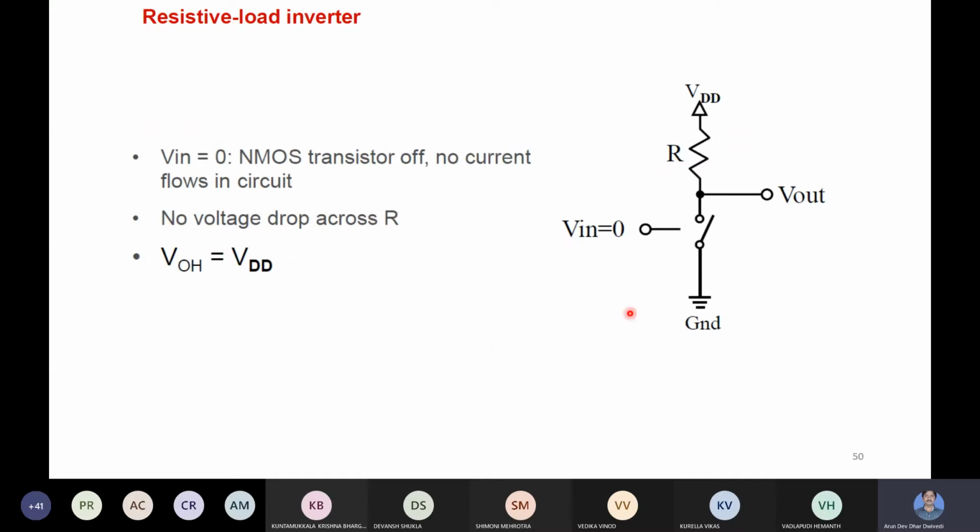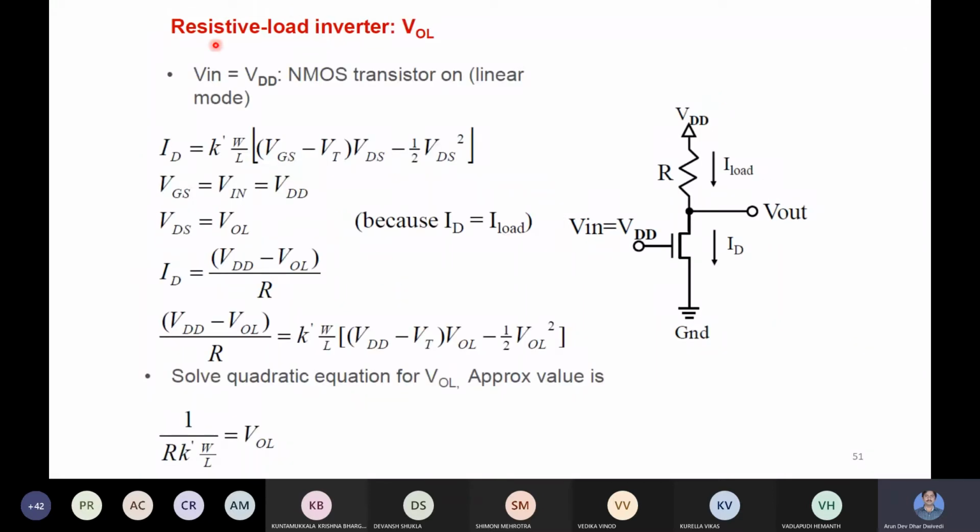Here, in this case, when Vin is 0, this transistor is off, which means the switch is open, we can consider. This transistor is acting as a switch which is open, and V out is connected to VDD, getting the path to connect with VDD, so we get V out normally equal to VDD. This is the situation. This derivation is not required, but it is given in this slide. If you want, you can go through that. If a numerical problem is required, then we can solve it through this.